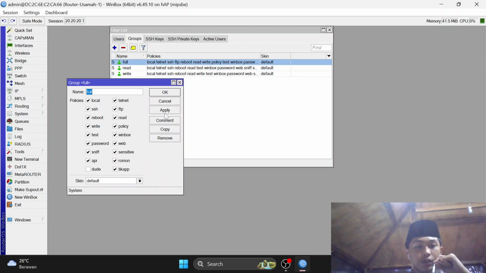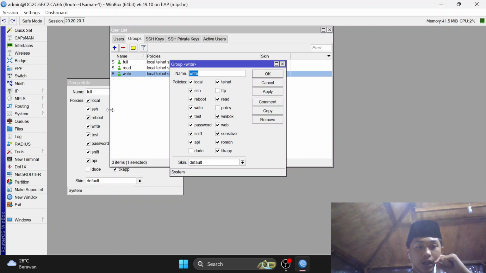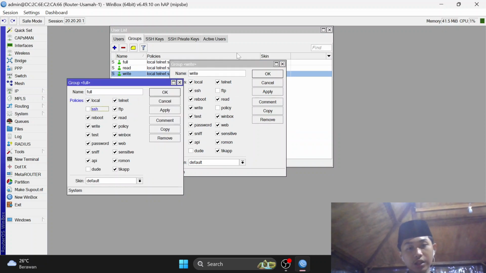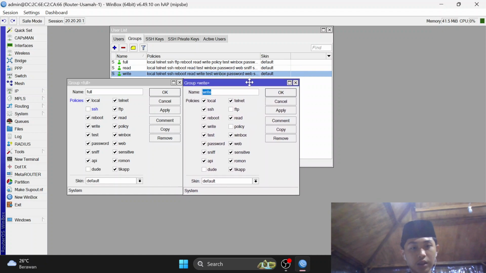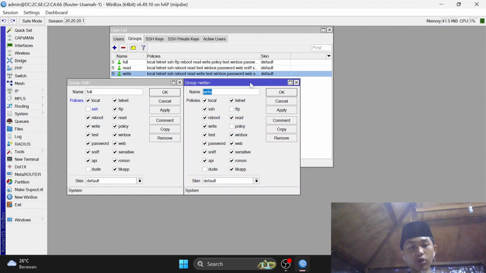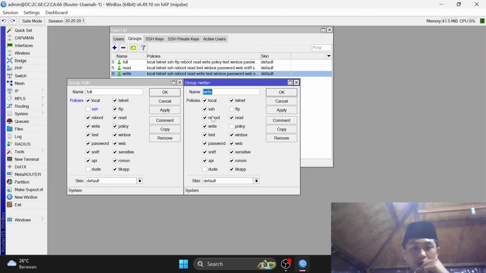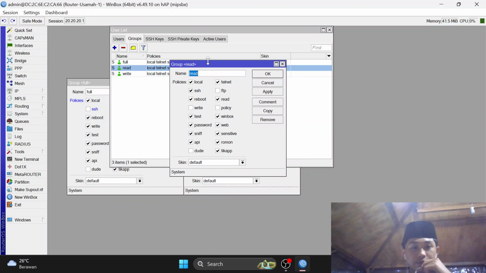Okay, after that we can see write. Write is almost the same as user full, but the difference is user write does not have all the policies in the MikroTik. For example, the FTP and policy checkboxes are unchecked in user write. And then let's see the group read.